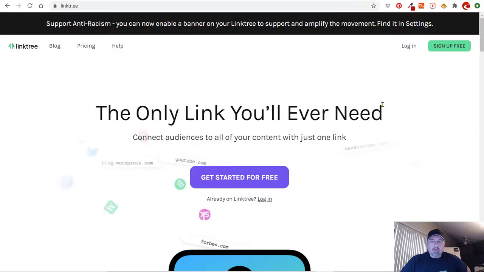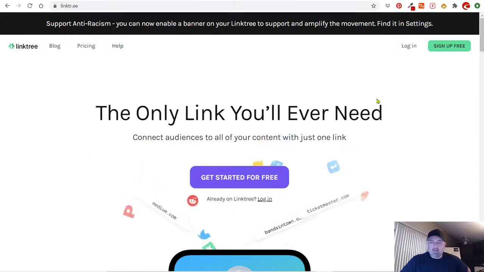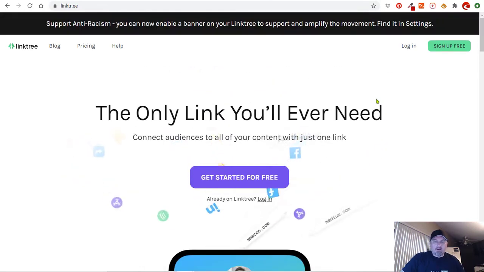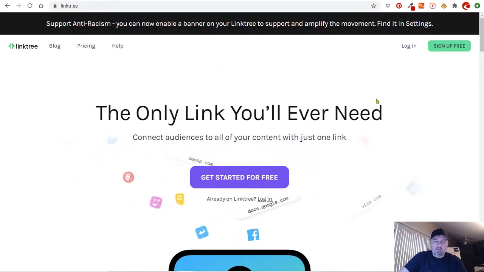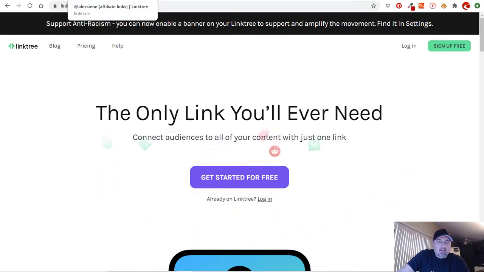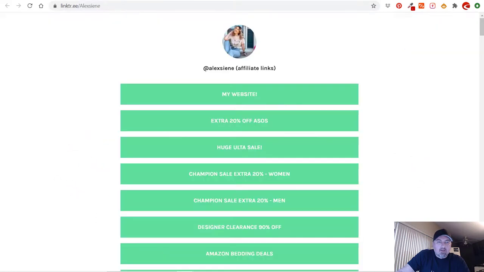Okay guys, I want to compare the free version of LinkTree, and you can see here the LinkTree website, in a very short video. So let's compare the free version of LinkTree to alternatives. And what I want to do is show you what LinkTree looks like. So if you're here, you already know. Take a look at this. This is the LinkTree webpage. So take a look. This is a LinkTree,